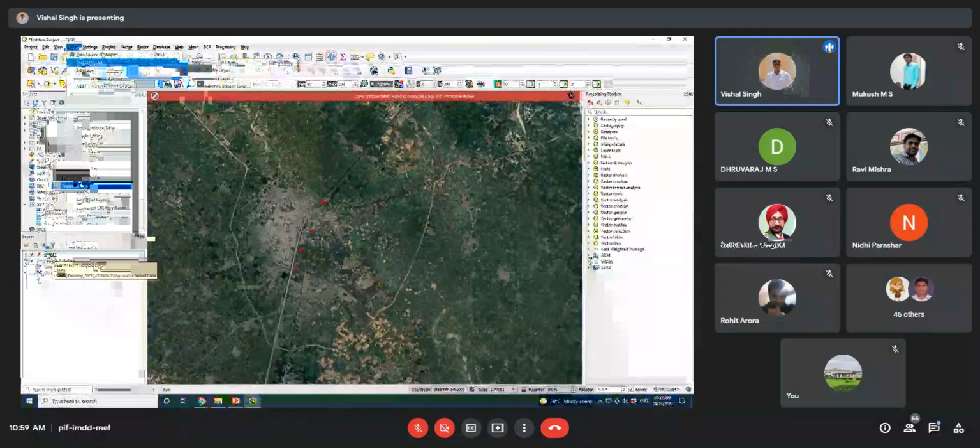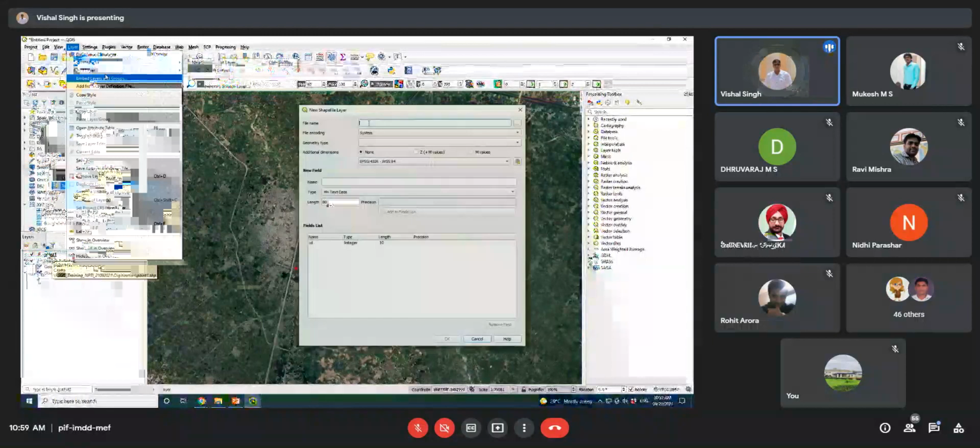Okay, so now I need to create the layer again. Create layer, new shapefile, canal. It will be a linear feature. Select the projection coordinate system, put the attribute information, canal name, text data, add to field. Okay, add to field.